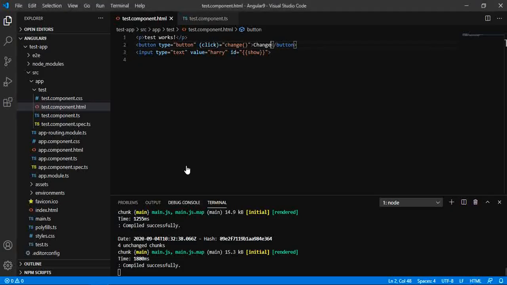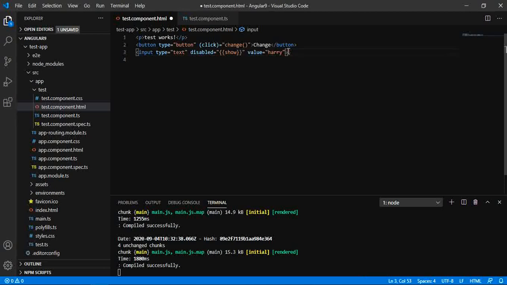Now what is the drawback of binding the property with the help of interpolation? Suppose that you want to give some disabled, then what will happen? Disabled equals to, you are defining inside the interpolation. So now I am removing this.